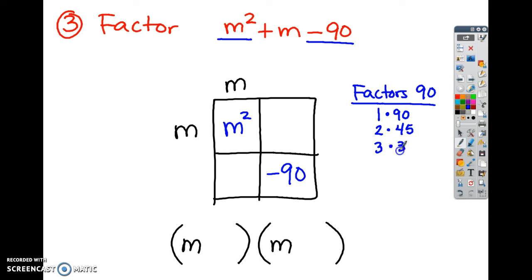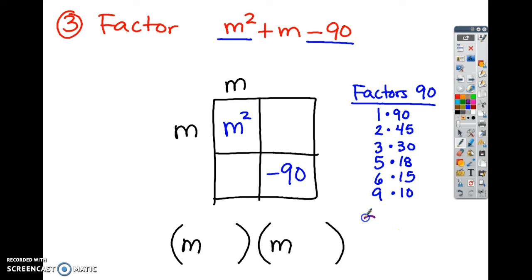3 times 30. 5 times 18. And 9 times 10? Are those the only ones? 6 times 15? Well, let me put it back. 6 times 15 and 9 times 10. That's it? Okay, out of that list, now that I made a list, I need to know which one gives you a sum